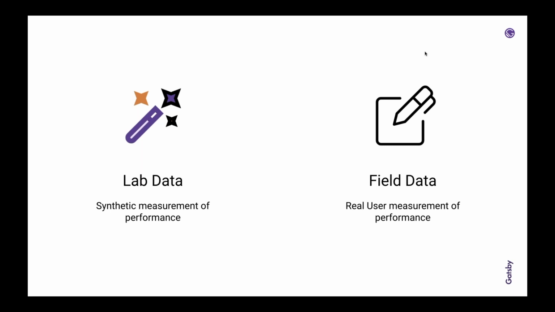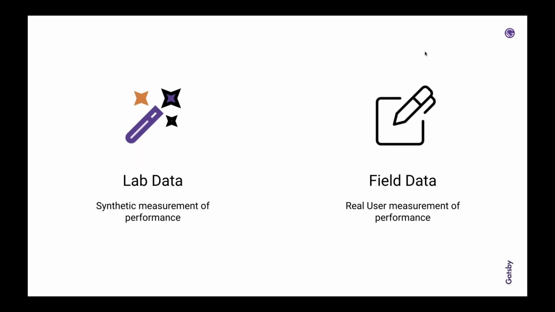So quickly, yeah, that makes sense. These tools capture data either in a lab setting, so synthetically measuring the performance at that one particular time. So let's say you have a web page, you run it through a tool that uses lab data. It's going to give you a snapshot of that performance, with that computation power, and tell you exactly what that number is. Synthetic is a great way to say it. It's not really taking into account a lot of the real-world variability with people's networks, with international networks. It's just looking at it in a small scope.